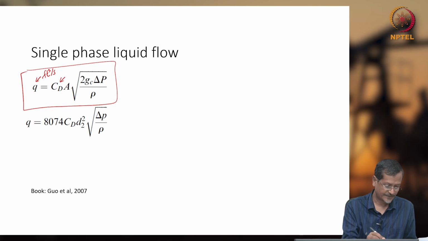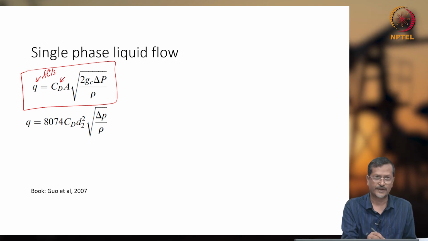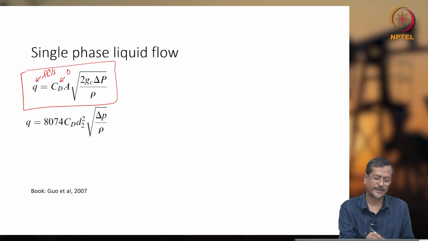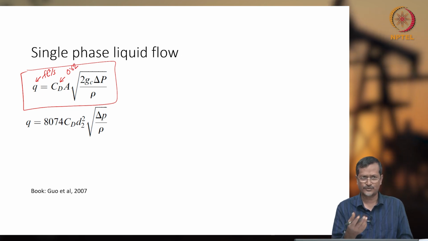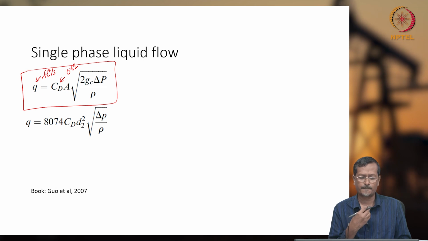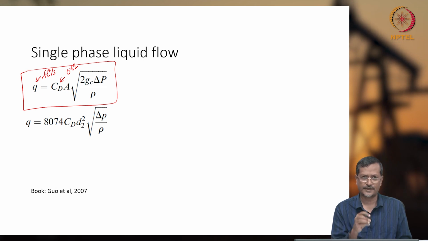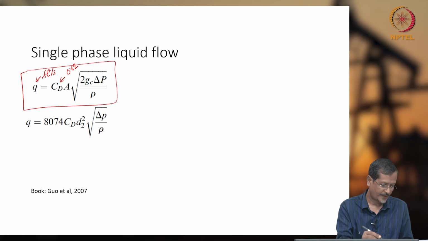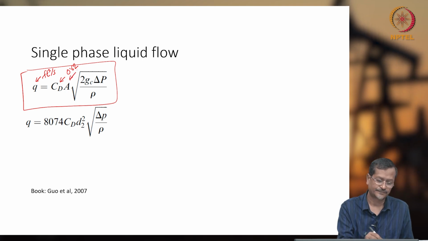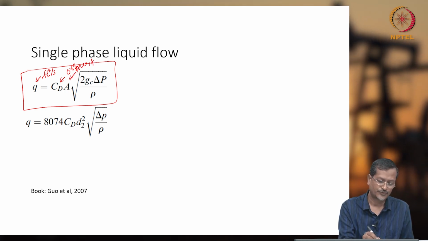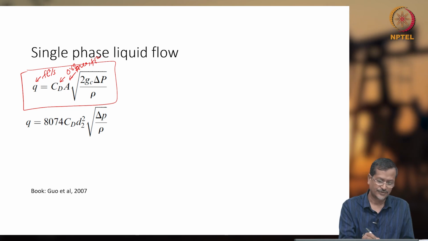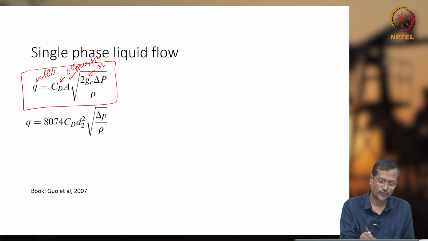Cd is the coefficient of discharge. This value will be given, or you can calculate. Normally I give the value 0.62, and if it is not given you can assume it, or if it is given then you have to take it as it is. A means choke area. Area of the choke is in feet square,